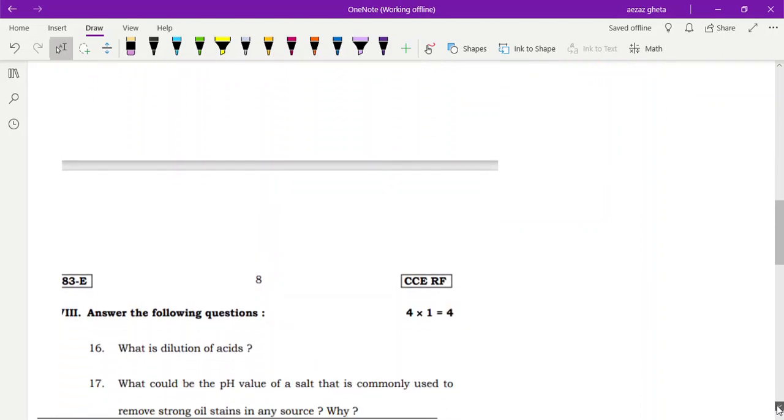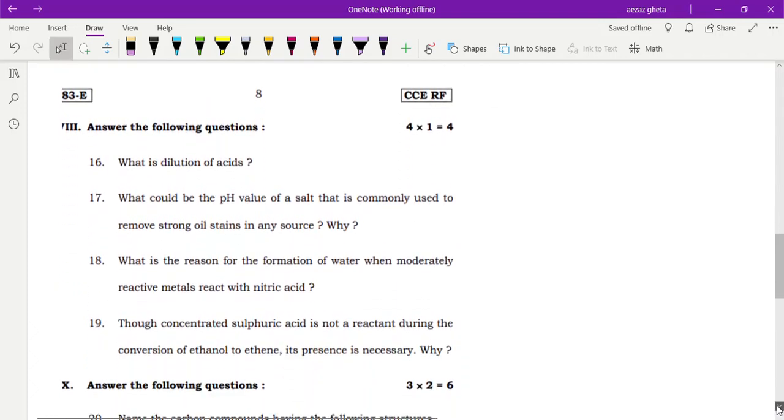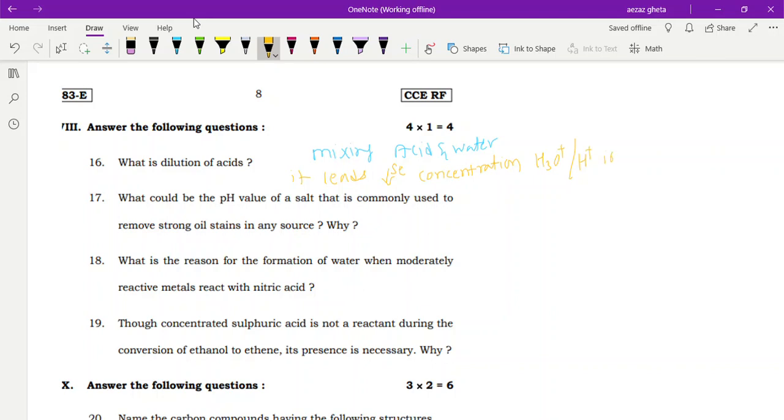Okay, answer the following questions, 1 mark questions. See, what is the dilution of acid? It is a mixing of acid and water. Mixing of acid and water leads to a decrease in the concentration of hydronium H3O plus or H plus ions per unit volume. You should write that. Okay,